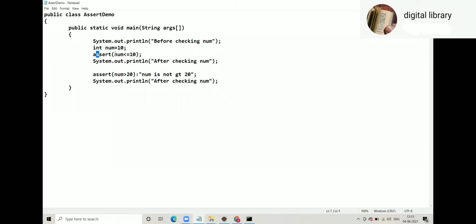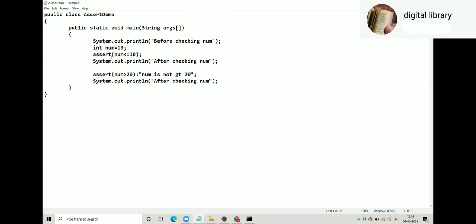Now here some condition is given. When you write code, that condition will be based on your data, whatever data you are dealing with. But remember, with assert you must give a Boolean expression. So num less than or equal to 10. Now we know the concept. If this Boolean expression is true, other code will execute the way it usually or normally does. But if this Boolean expression is false, then assertion error will come. And we are not supposed to handle that because we come to know what the problem in our code is.